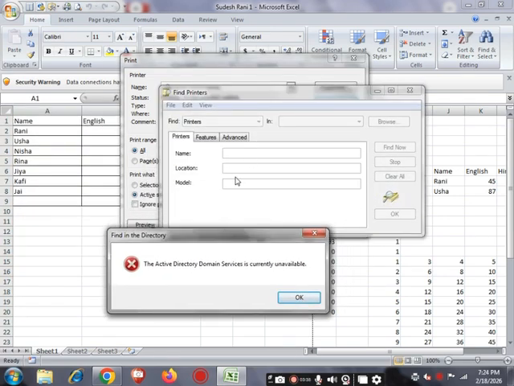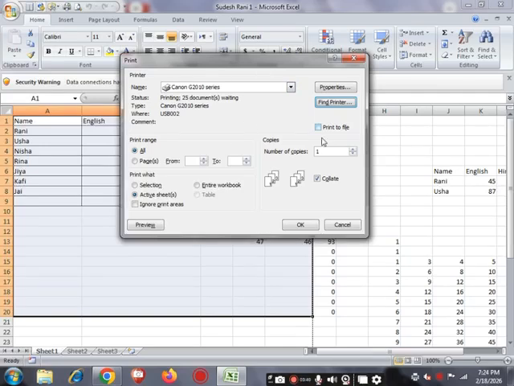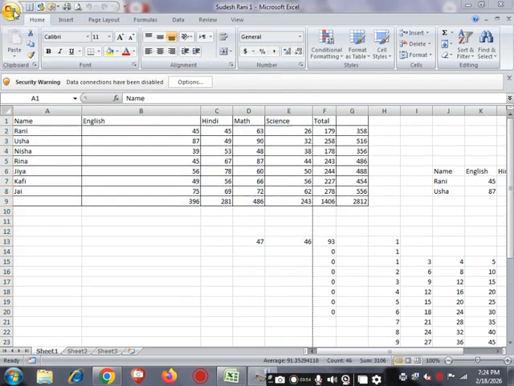So we have discussed all the options of this dialog box in detail. Now we will go to the next option of the print command. I hope you understand all these options very well. Then press OK and go to the next option of print.